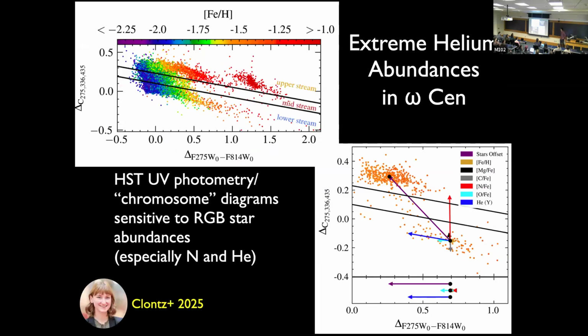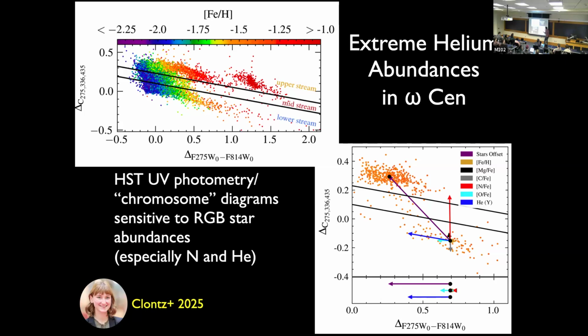Another cool thing that we can do by combining our HST photometry and our spectroscopy is we can derive helium abundances. And the way that we do this is we use this thing that's often called the chromosome diagram. It's just a color diagram. Italians come up with weird names for things. They call it a chromosome diagram and stop calling it that too. Anyway, this is a 3-color combination, and it highlights